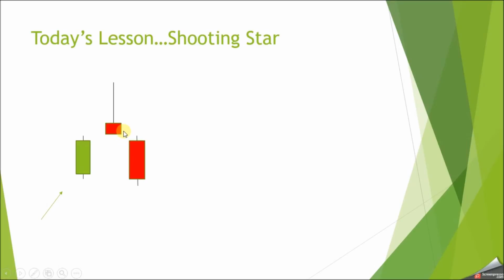We also want to see a gapping down at the market's open, meaning that we open up here, lower than the previous day's close, right here. And that's what we get. Depending on how conservative you are, you might also want to see the wick completely underneath the previous day's close,